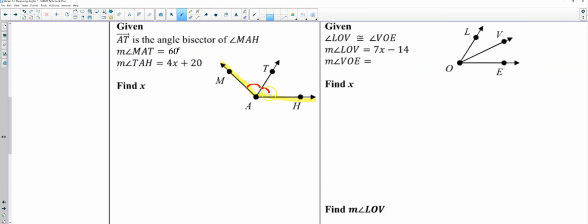These two angles are congruent because this one is the angle bisector. Given that the measurement of angle MAT right here is 60 degrees, and given that the measurement of TAH is 4x plus 20,